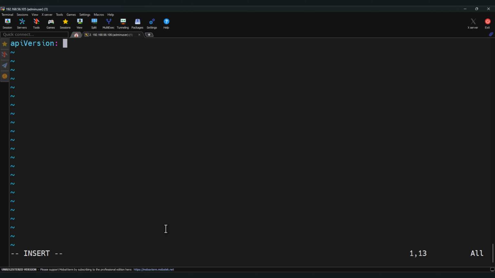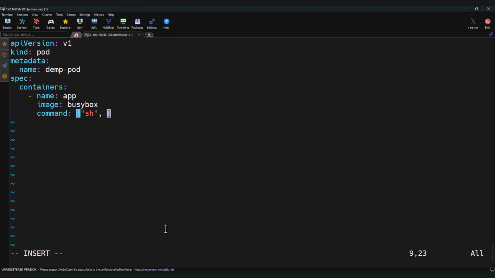API version equals v1, kind will be Pod, metadata, name will be demo-pod, spec, containers, we will use image as busybox and we'll add one command, -c, we'll add sleep 3600